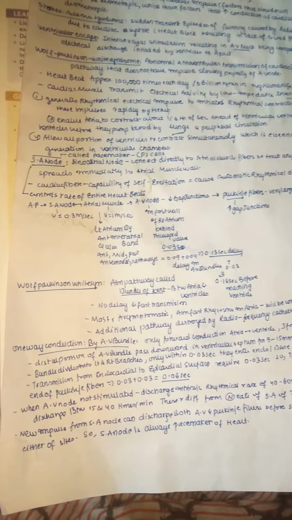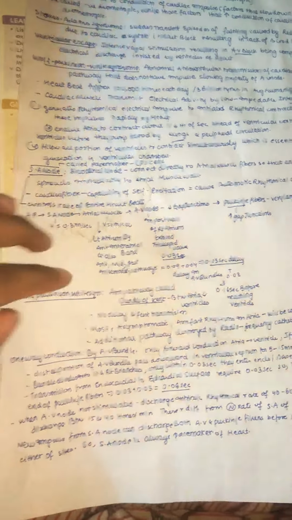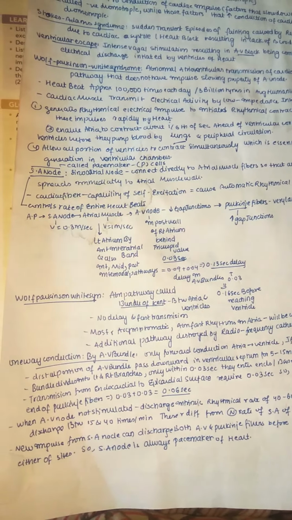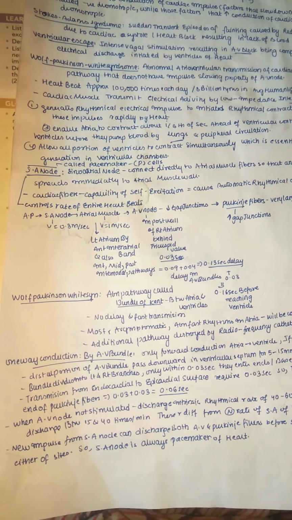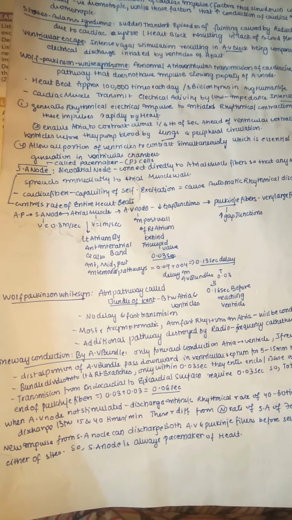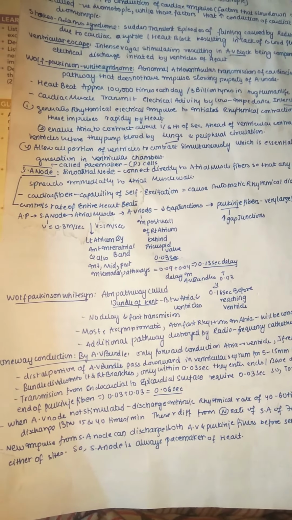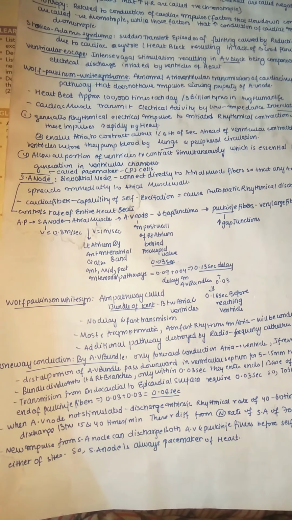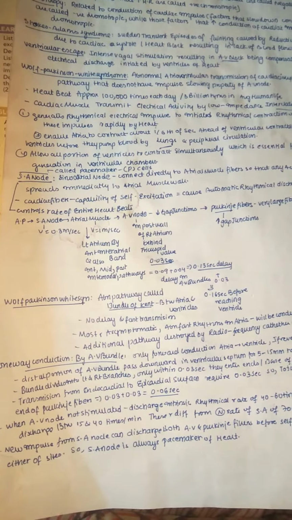So now let us see what the SA node is, and what goes on in the SA node. The SA node is also called the pacemaker. Why? Because it can itself produce its own action potentials, excitability, so that it can easily pass the currents. This takes place in the SA node because its RMP is only about -60, so it is continuously forming action potentials.